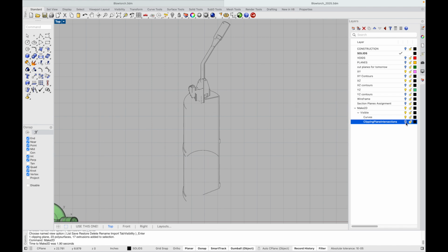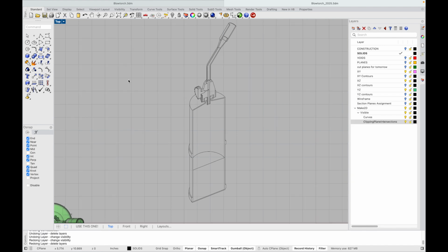You'll notice that some of these things, when I turn them off, like that was a clipping plane intersection too, and it's still shown on just the curves layer. For the purposes of this assignment, it does not matter at all. So let's just leave it like that. This will do just fine. Okay, so that's going to give us pretty much everything that we need to make the line drawing and the